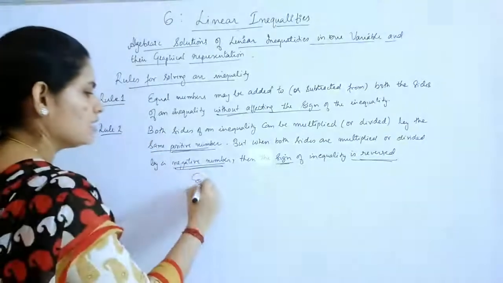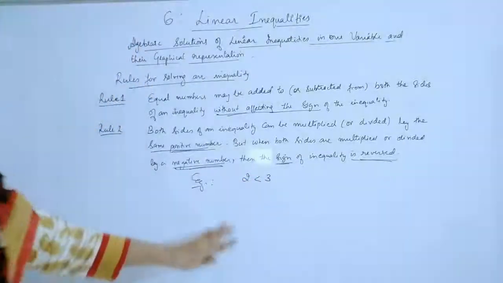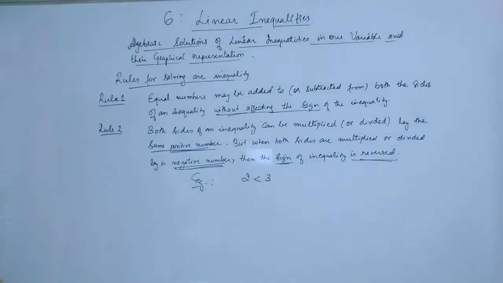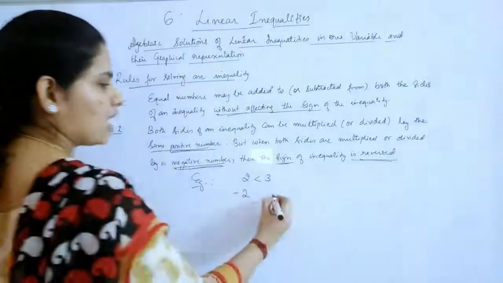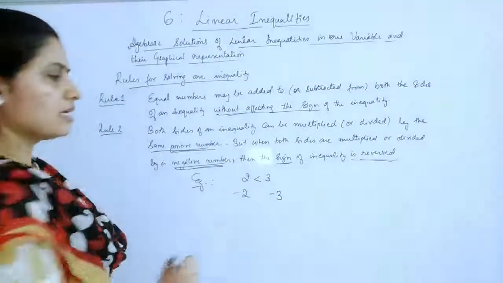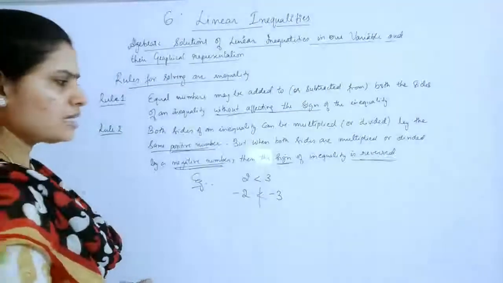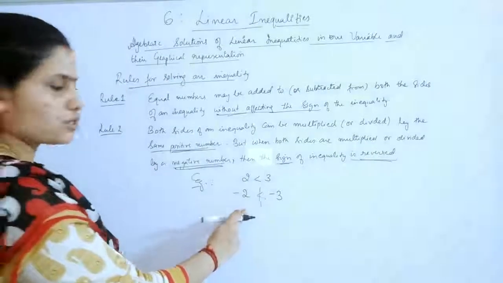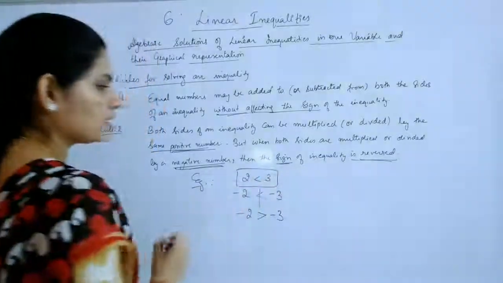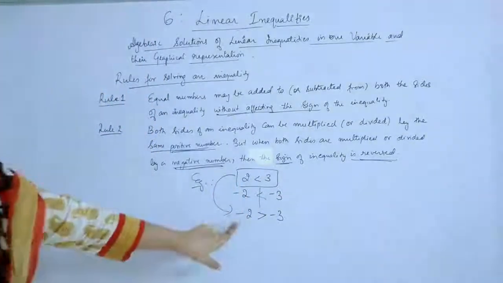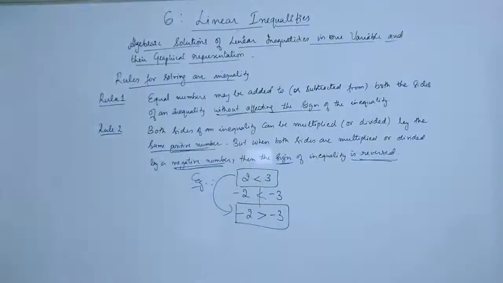I will take a simple example to help you understand. You know that 2 is less than 3. Now if I multiply by a negative sign on both sides, it becomes -2 on the left side and -3 on the right side. If I write -2 less than -3, this will be wrong. You know that -3 is less than -2, so the inequality is reversed. It was 2 less than 3 and it became -2 greater than -3. This is the change that happens according to rule number 2.